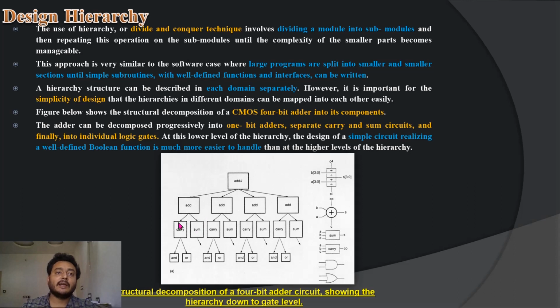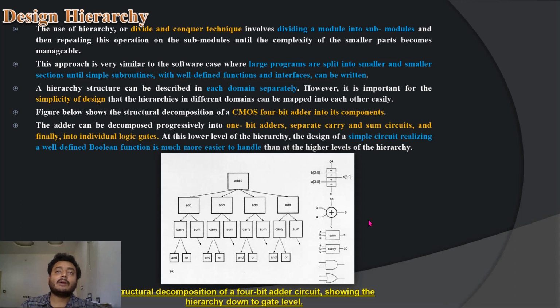And these again are made up of Boolean expressions, which include AND and OR operations, that is, AND and OR gates. Finally, these are the least possible divisions. So this is what we call a structural decomposition of a 4-bit adder circuit, up to the gate level.